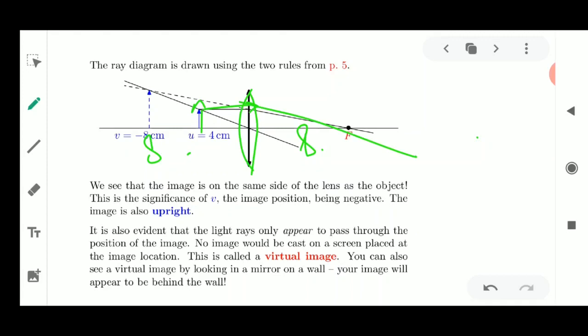Next, if the light is passing parallel from the optical center, it is going to cross the optical center and pass on without refracting. So these are the rules which you will be using for finding out the nature of the image.